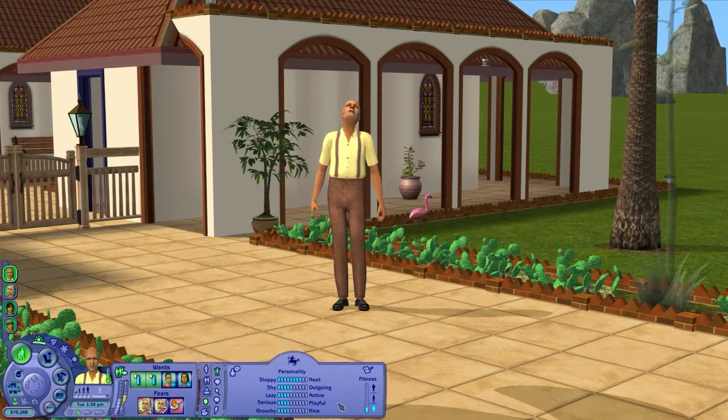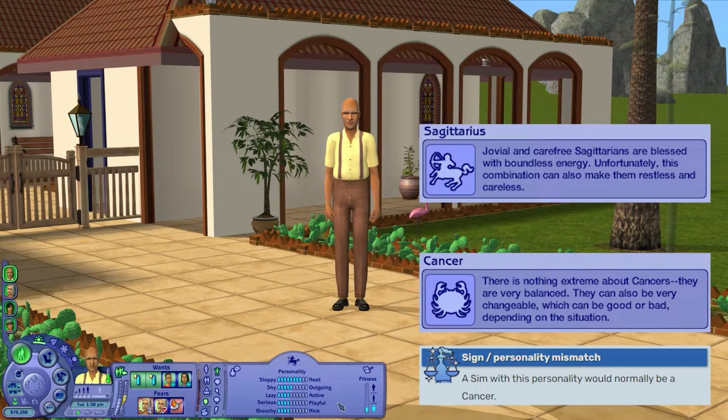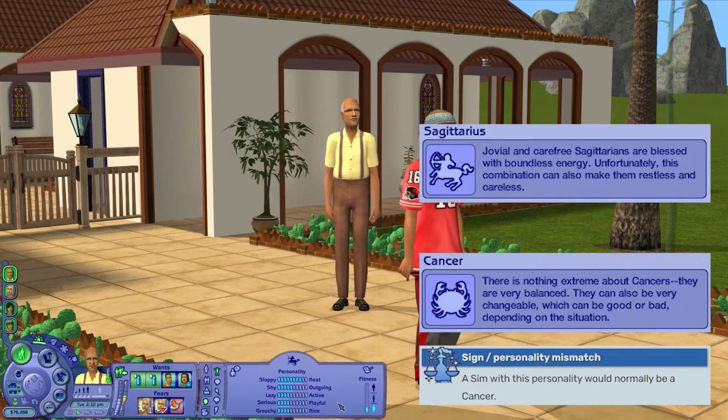Patrizio is neat, and a bit on the lazy, serious, and grouchy side. His astrological sign is Sagittarius, with a description that says, "Jovial and carefree, Sagittarians are also blessed with boundless energy. Unfortunately, this combination can make them restless and careless." I really can't say if this would fit Lord Montague as well. I really think Maxis did their own thing with Patrizio because, like I said, the play doesn't give us much